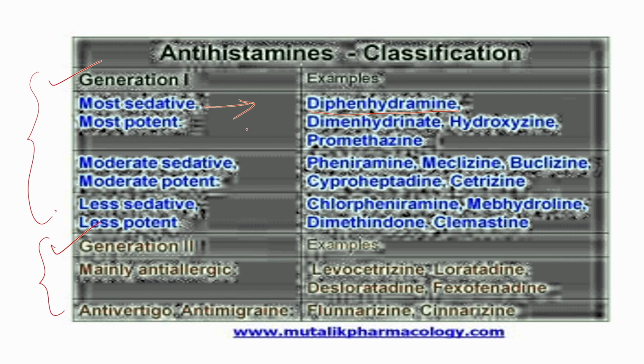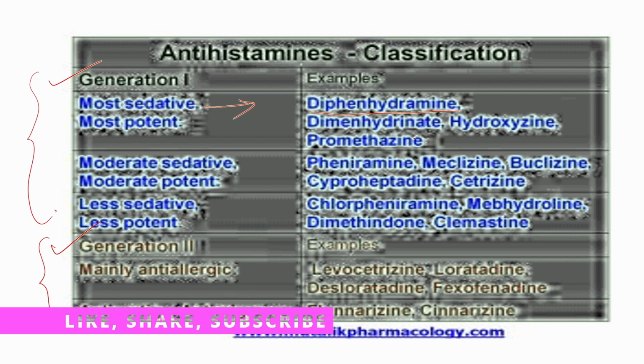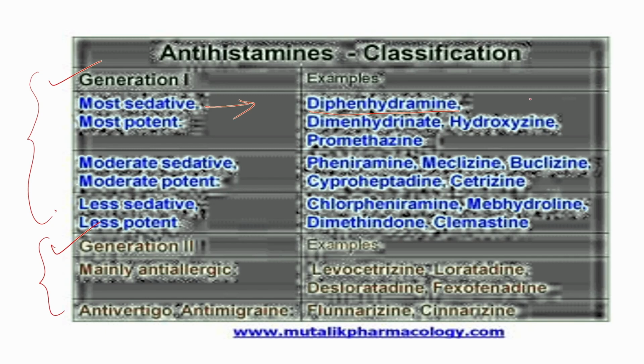Okay, so most sedative in the generation 1 is diphenhydramine, and most potent are dimenhydrinate, hydroxyzine and promethazine. So just understand which are the drugs coming under the category of generation 1: diphenhydramine, dimenhydrinate, hydroxyzine, promethazine. Diphenhydramine is the most sedative one, and most potent are all the other drugs which we have explained now. Then moderate sedative are pheniramine, meclizine, then buclizine. These are some of the drugs coming in the category of moderate sedative, and moderate potent is